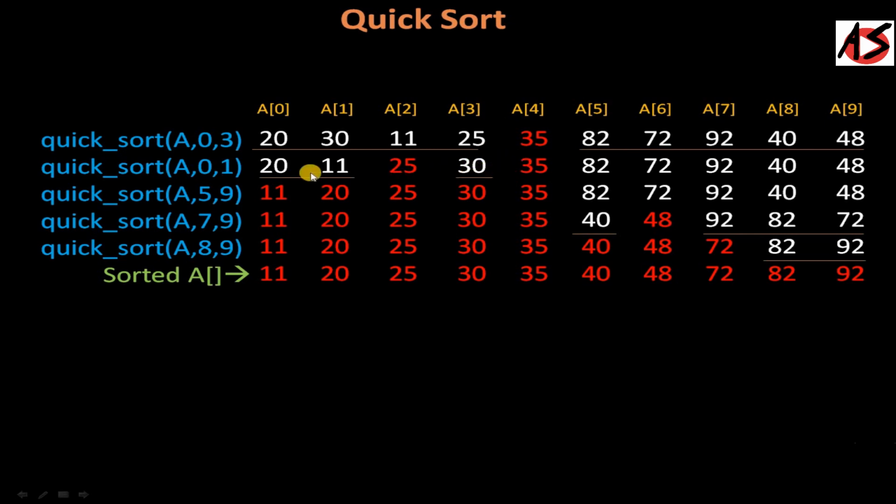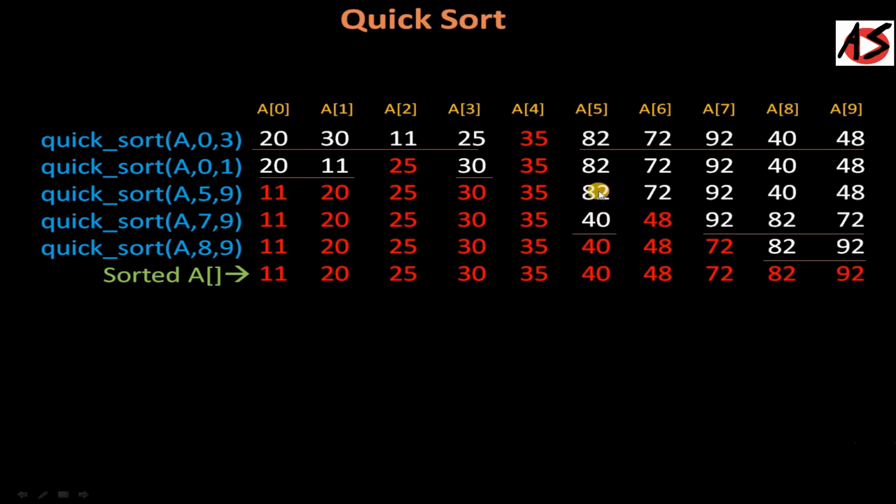Now you solve these sub problems. You are taking 11 as a pivot and then you are getting i plus 1 here, and then you are exchanging this element. Then you are getting 11 and 20. Since 30 is a single element, it is fixed now. So you can see you have solved these sub problems. Now you are taking the second sub problem, that is p plus 1 to high, and in that you are taking 48 as a pivot.